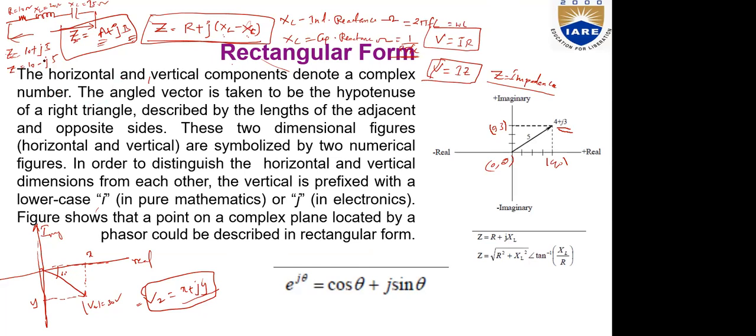So in an equation for Z, if the term before J is positive, the value is XL. If it is minus, the value is XC. Is that okay? Yes, sir. Now, when you represent these types of terms, impedance is one of the best examples for vector representation. If I want to represent this in rectangular form, I'm representing it as 10 plus J5.